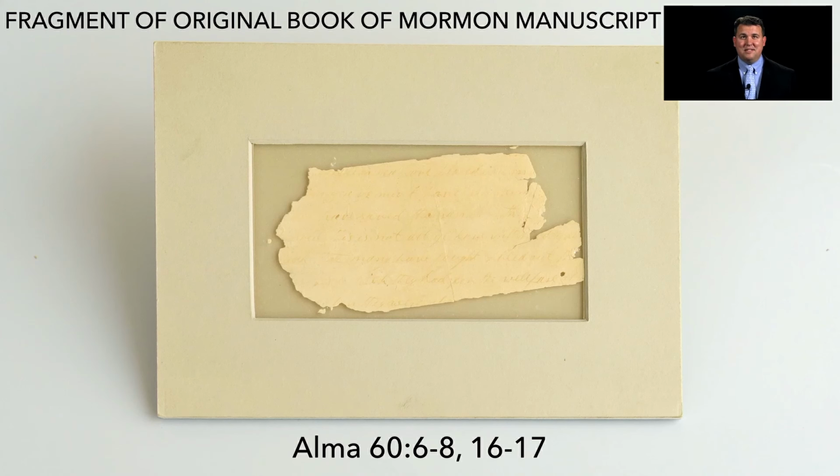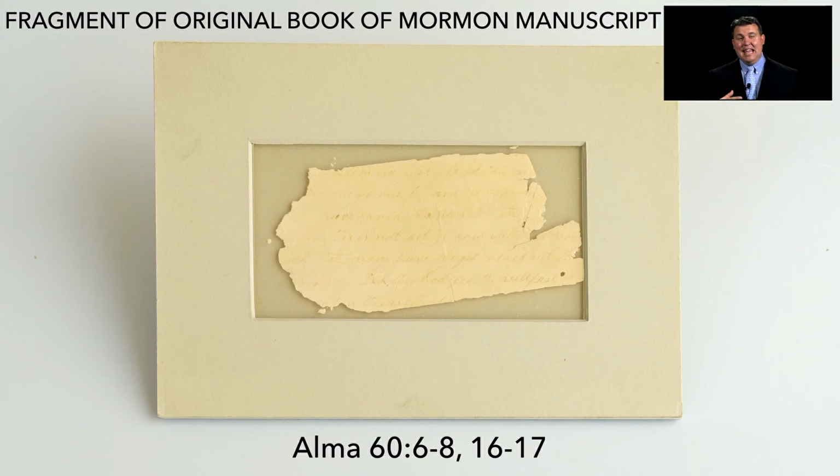But you can see here that most of the manuscript actually disintegrated or was destroyed in the 19th century. Not because anybody was being malicious, because they were actually trying to preserve it. When they got to Nauvoo, Joseph Smith took the original manuscript of the Book of Mormon, and he placed it in the cornerstone of the Nauvoo house, this big hotel that they're building in Nauvoo. It's a significant building. He's thinking if it's placed here, it's going to be kept safe. Unfortunately, the Nauvoo house was right next to the Mississippi River, and water creeped into the cornerstone and destroyed most